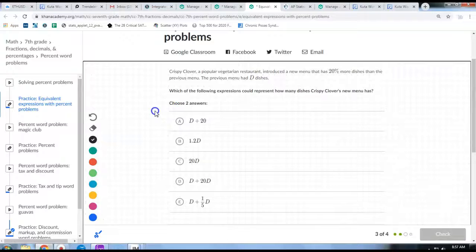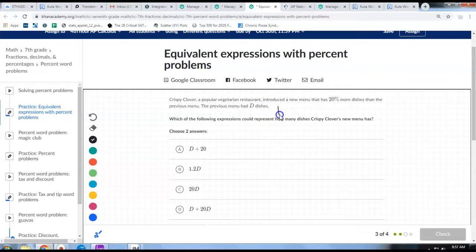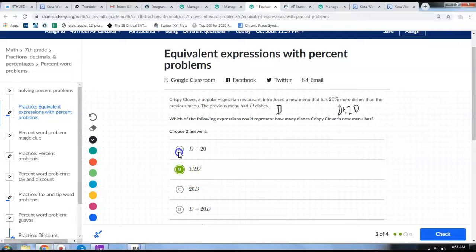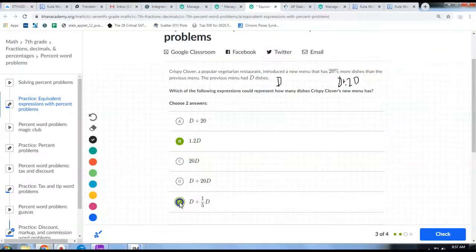Crispy Clover, 20% more dishes than the previous menu. So the previous menu had D dishes. The new menu has those D dishes plus it has 20% more. So that's going to be 1.2D or D plus 1/5D. So 1/5 is the same as